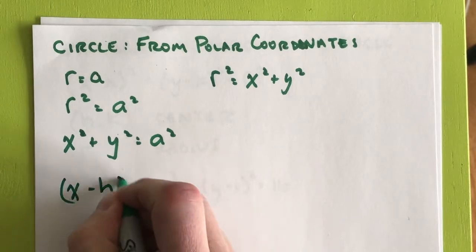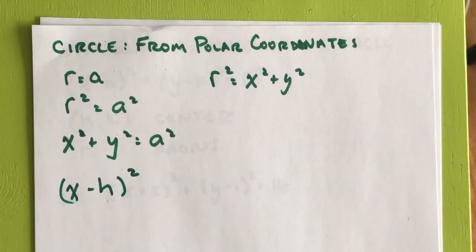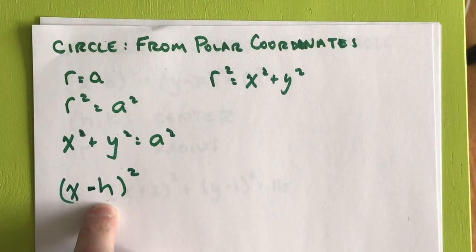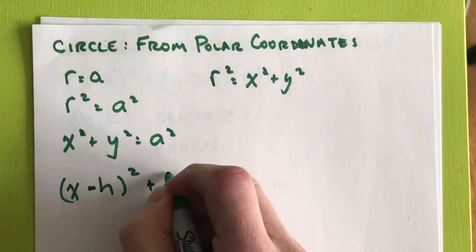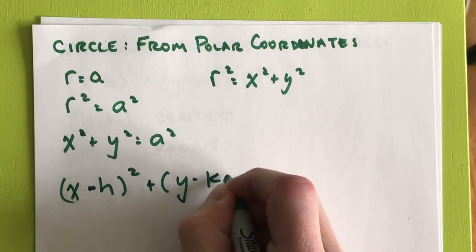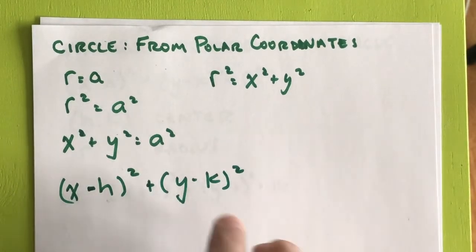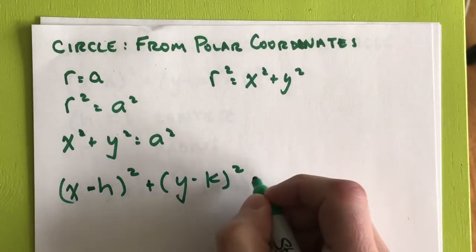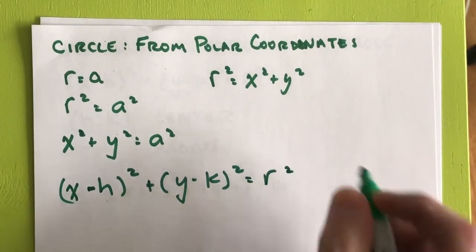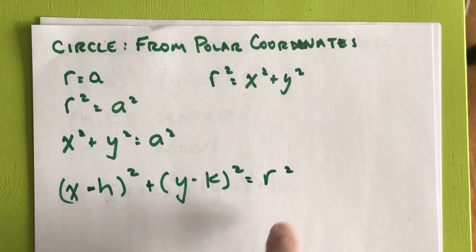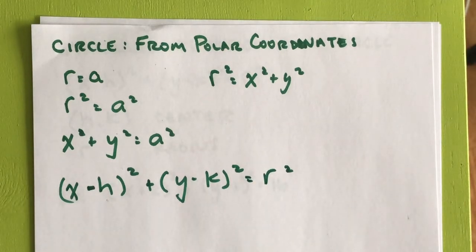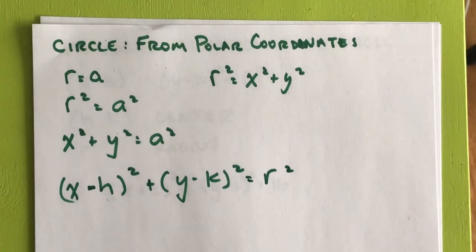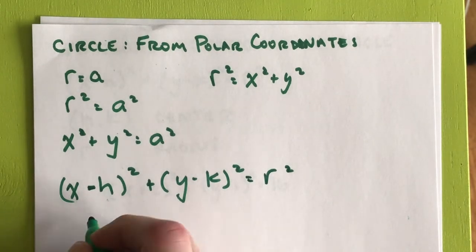Think about what happens for our parabola if we had x minus h squared. Well, that would be a horizontal shift, left or right. I'm going to add in y minus k squared. That would be a vertical shift, up or down, depending upon how it was. And so I'm going to label this not equal to a squared, but back to r squared. And this is going to be our general equation, our standard equation of a circle here, where hk